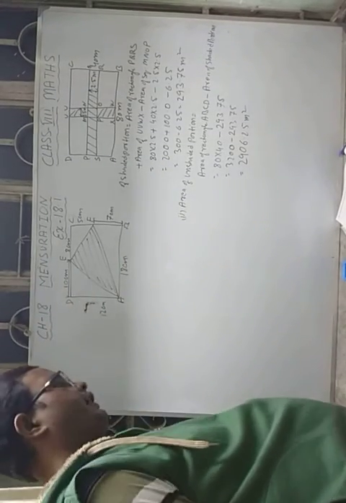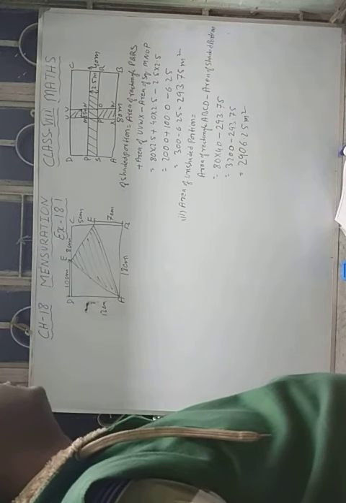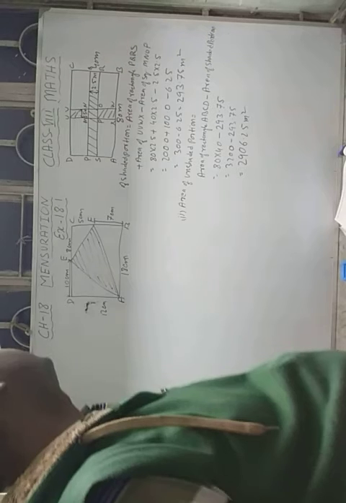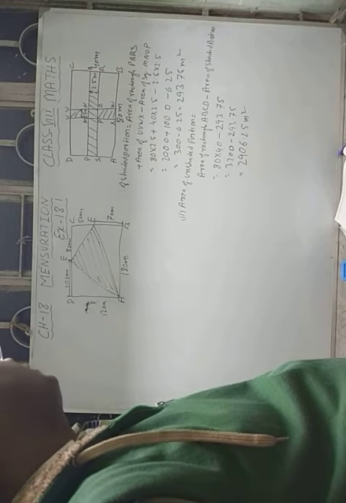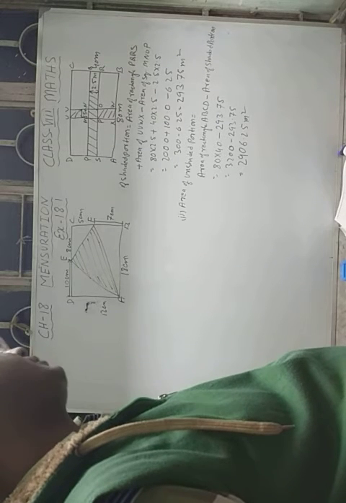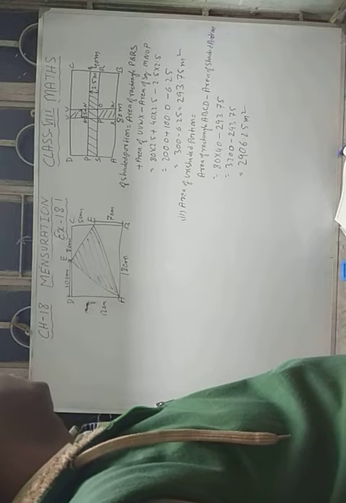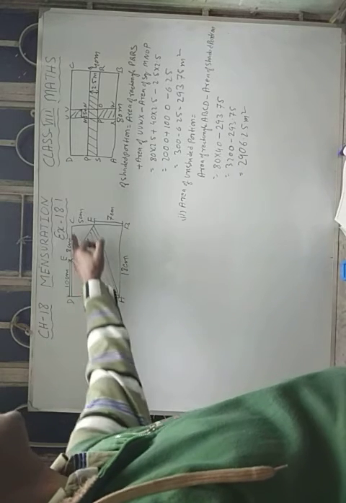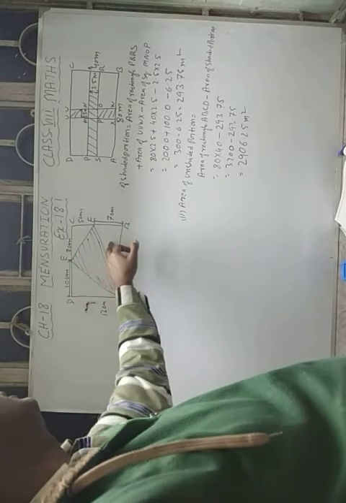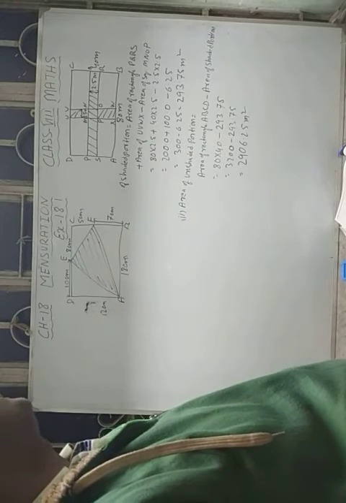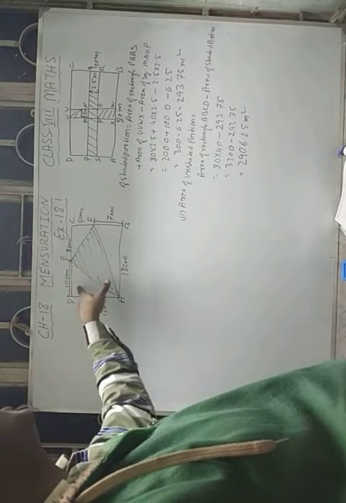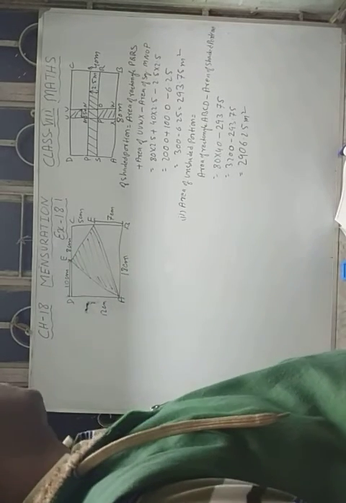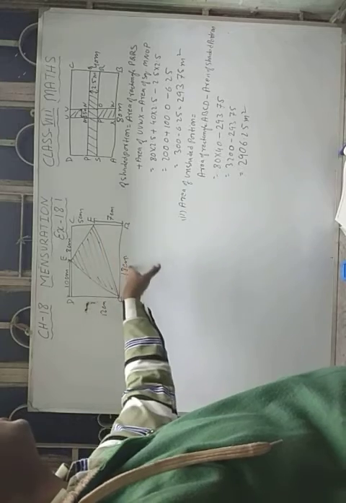Now you need to find the area of the shaded portion. How will you find this area? Here you can see the triangle is not a right angle triangle, not an equilateral triangle, not an isosceles triangle, because its sides are not given. To find that, you can find the area of the unshaded portions, all the three triangles. After that, if you subtract the area of these three triangles from the whole rectangle, you will get the area of the shaded portion. So one by one we will find the area of each triangle.